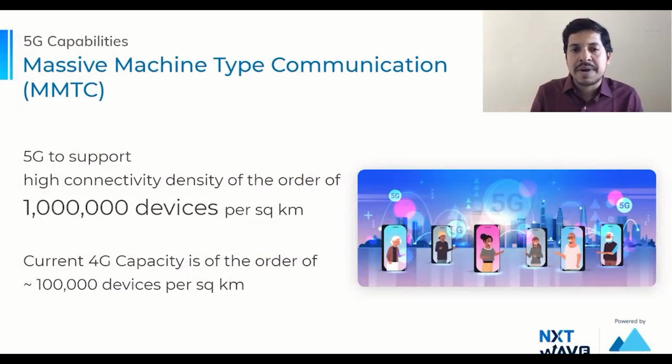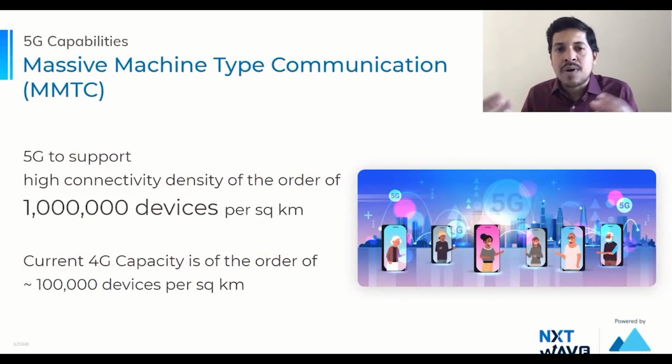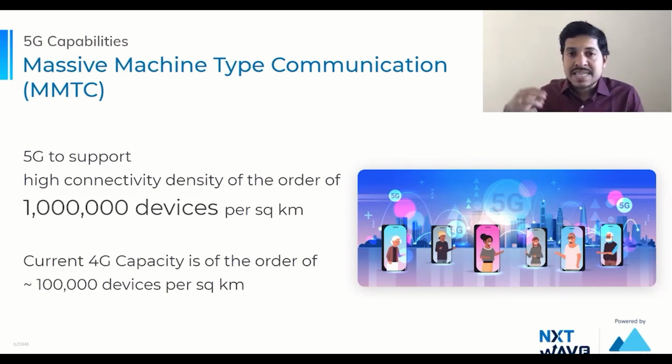And for the Internet of Things revolution to take off, one of the key requirements is that the networks, the 5G network in our discussion, needs to be able to support such high connectivity density, because today the 4G mobile networks do not support a very high connectivity density because they were designed to only allow our mobile phones and devices to connect. But suddenly, if we want not just our mobile phones and tablets and TVs, but also every appliance around us or every object around us to connect to the internet, suddenly the mobile networks need to support a very high connectivity density.